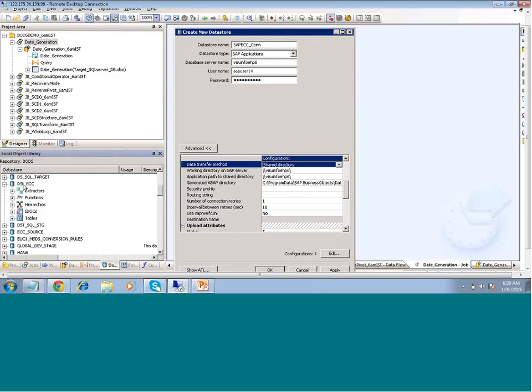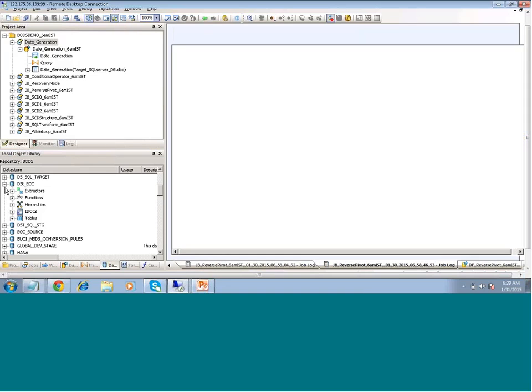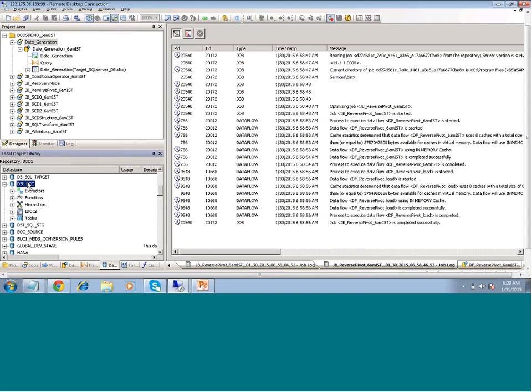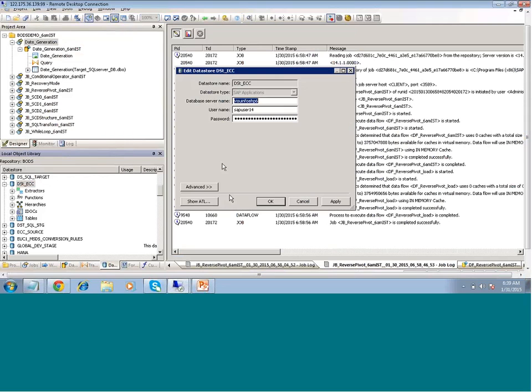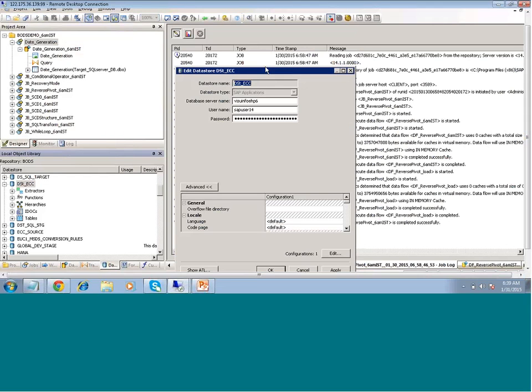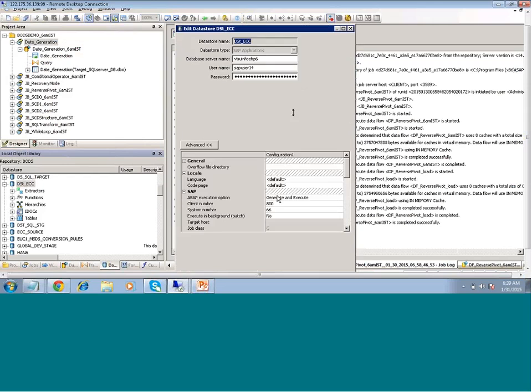Okay, I see that I already created one ECC connection, so let's use that. Here, I already created a data store of SAP application type. Here we have the execution option of generate and execute. For now, just understand that I have selected only generate and execute. Once we create a sample data flow and are able to run it successfully, we will come back to this screen and try to understand